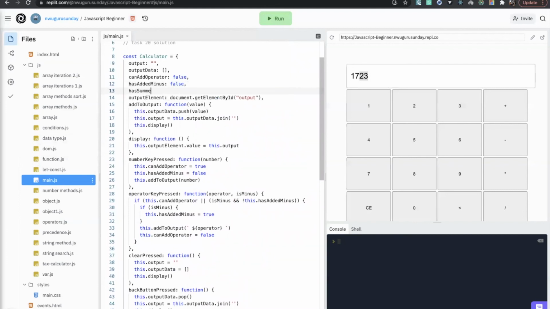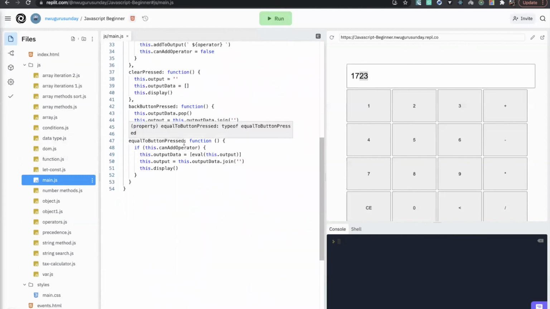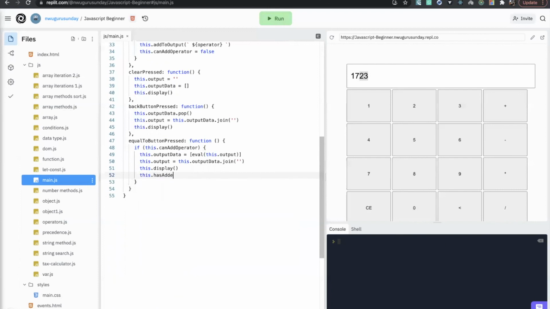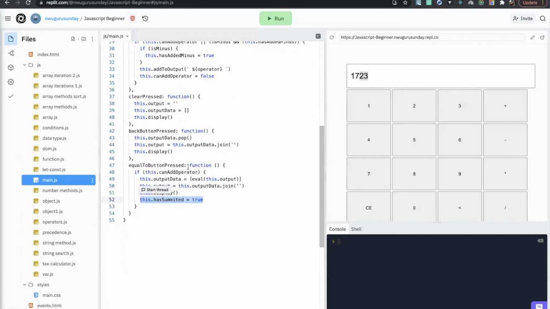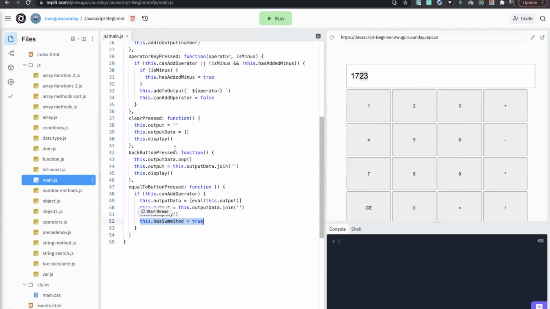has summed or has submitted, whichever you want to call it, false, okay? So when the submit is pressed, equal to pressed, if can add operator, calculate and display, and we want to set has submitted, we want to set it to true, okay? You also want to set this to false whenever a